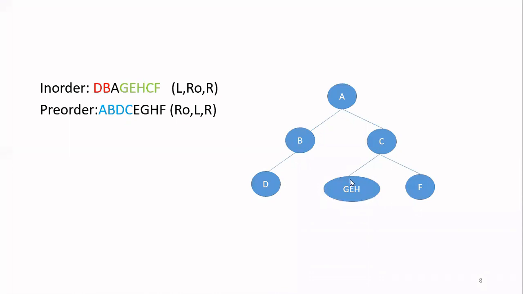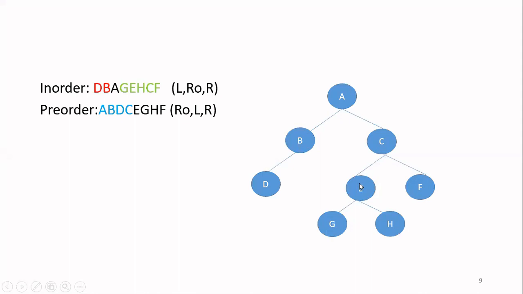Next, I have to identify the left and the right child. From G, E, and H, E is the root node. So go to the in order traversal. Then you find the position of E here. E is here. And what is to the left of E out of these 3? Now you are going to focus. So E is here. To the left of E, I have G. And then to the right of E, I have H. So I have to now add them. So E is a root node. To the left of E, I have G.